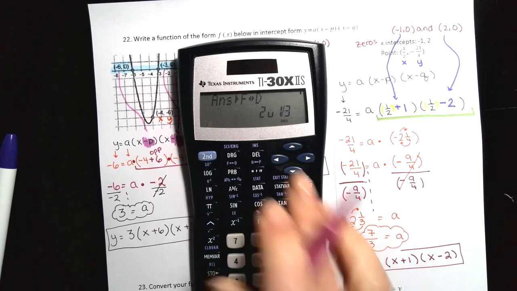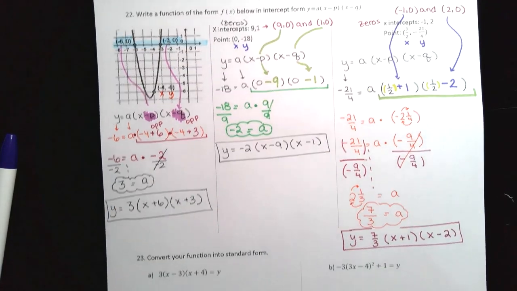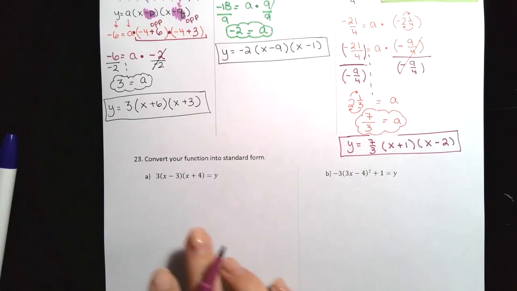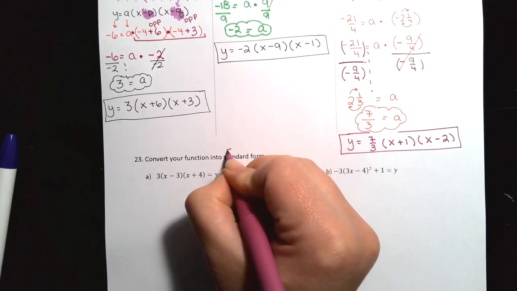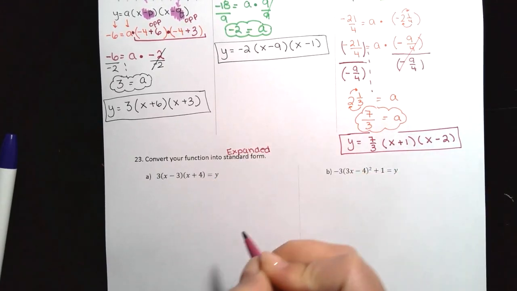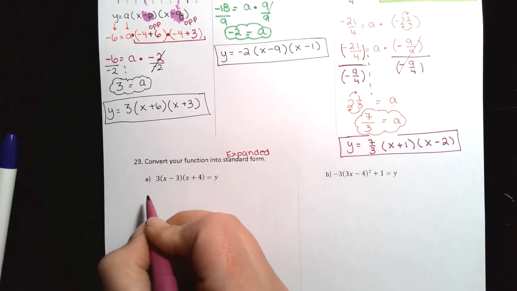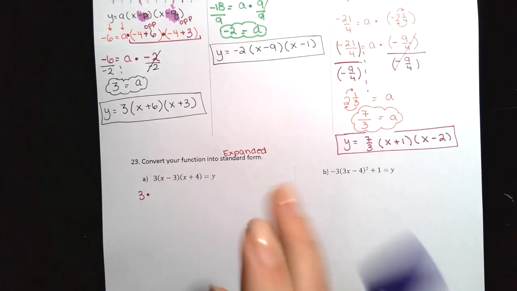Make sure to simplify. When you use a calculator like this, it does do the simplifying for you, but sometimes you have to convert to impropers. Convert your fraction into standard form. Standard form is also known as expanded. So we have to multiply things out. This is in intercept form, so we have 3 times. And so the first thing you're going to do is you're going to distribute